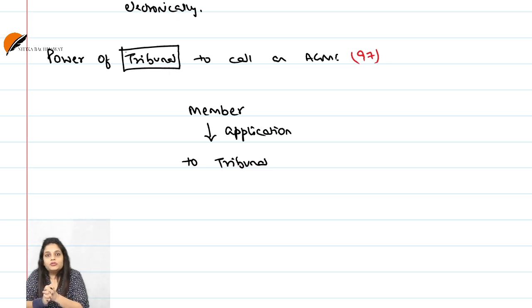When you go to the tribunal, the tribunal is not just going to blindly trust you. The tribunal is going to check into the matter. And if after checking, it finds that yes, the company has not called the meeting, it will